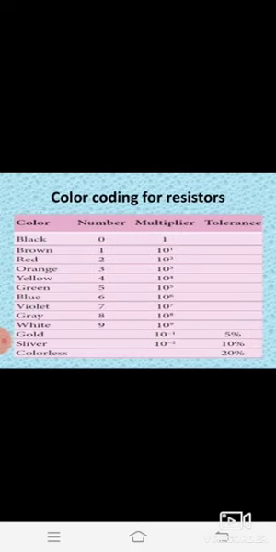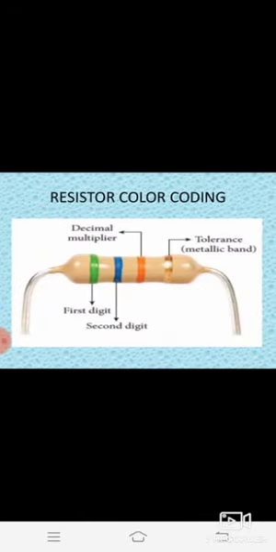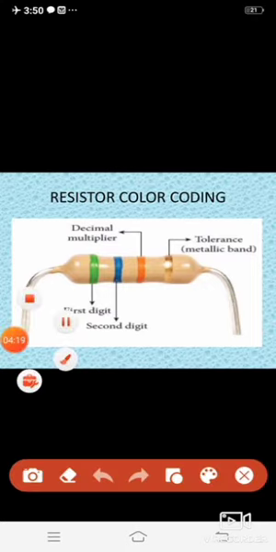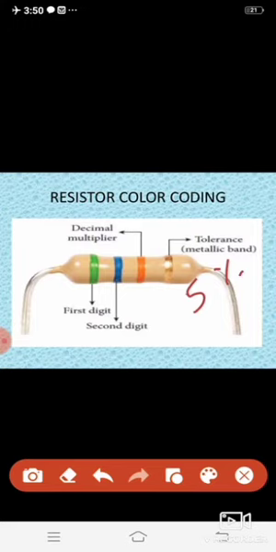We already discussed that the gold color has a tolerance of 5%. In this diagram there is the gold color, so the resistor has a tolerance value of 5%, because it is indicated by the gold color. Okay, students. So next,